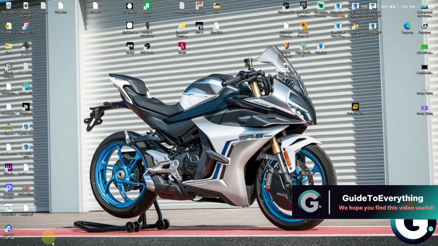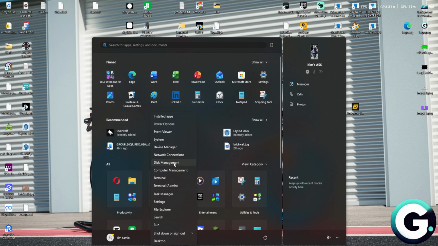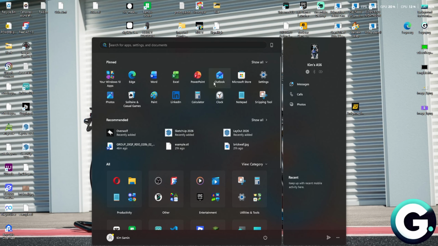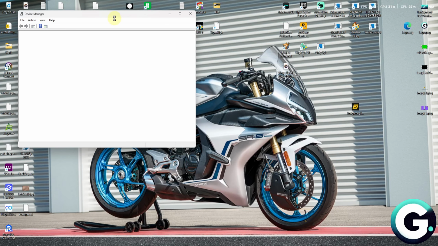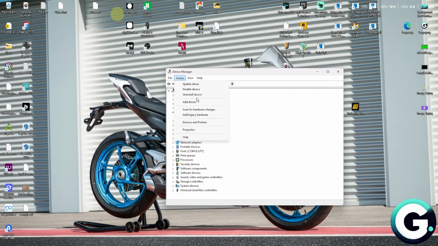So the first thing that you want to do is to simply head over to your Windows logo, right click on it, and then click on Device Manager. From here, this window will show up in which you have to navigate through the display adapters. You want to look for your graphics card, which is going to be the Nvidia. Right click on it, click on uninstall device, and then after uninstalling the device, click Action and click Scan